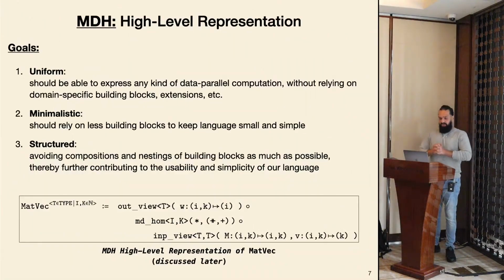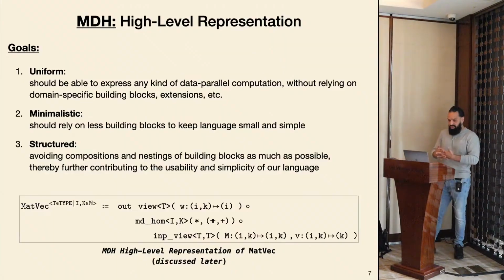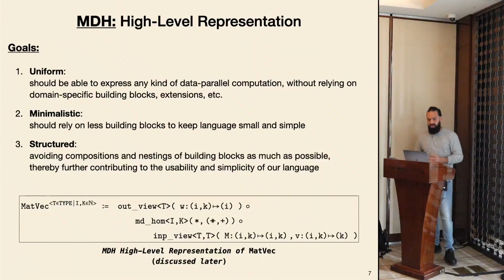So, MDH high-level representation. While we designed our high-level representation, we had three major goals in mind: it should be uniform, minimalistic, and structured. By uniform, we mean it should be able to express any kind of data parallel computation without relying on domain-specific building blocks. So we don't want to have building blocks in our language design mostly focused on linear algebra routines,